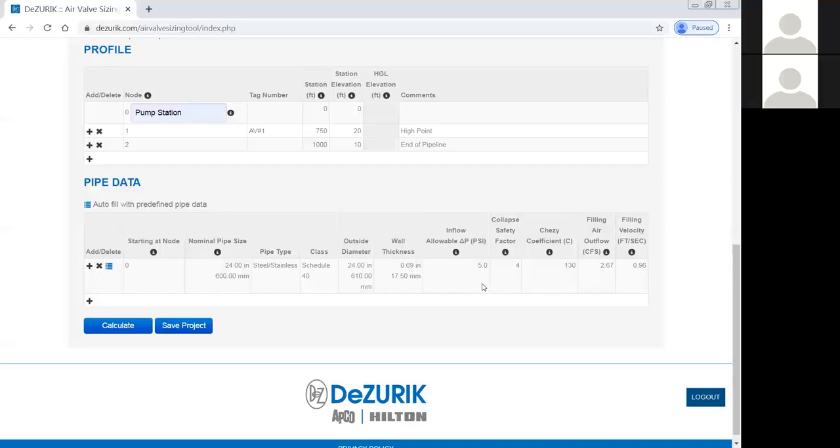I guess before I really explain this too much, M51 tells you that you should never exceed 5 PSI as the difference between the pressure on the outside of the pipe and the pressure on the inside of the pipe. So if you're at an atmospheric pressure of 14.7, you don't want to be less than 9.7 PSI on the inside of the pipe. You need to size the air valve that prevents it from getting below the 5 PSI differential. Except they also say if it's plastic pipe,